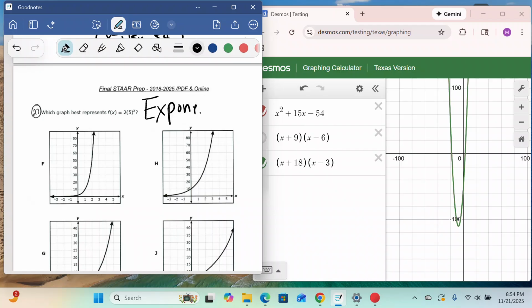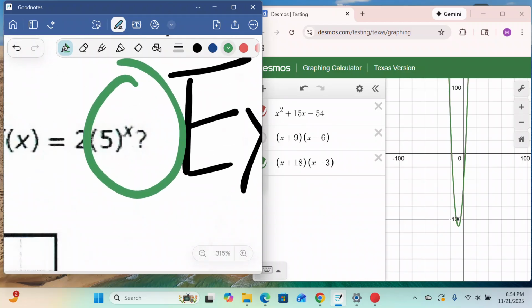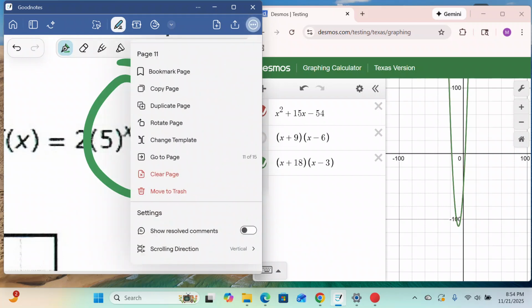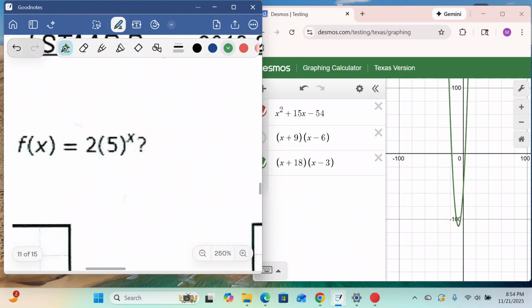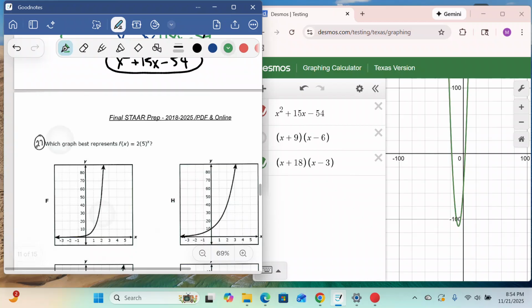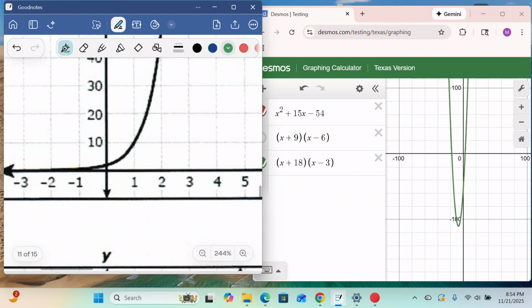Because it has this tiny little x. If you look at that and you zoom in, you see that tiny little x? That means it's an exponential function. That is the reason why it's an exponent. It's not x squared, because if it were x to the second power, then that would be a quadratic. This is an exponential function, and they all look the same, but there's one key: the x and y intercepts